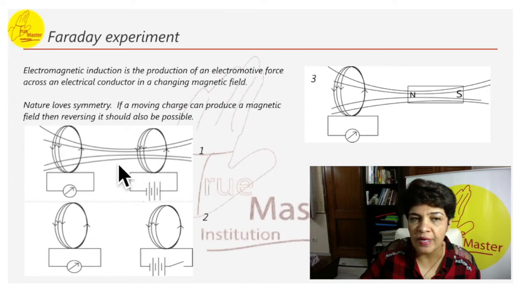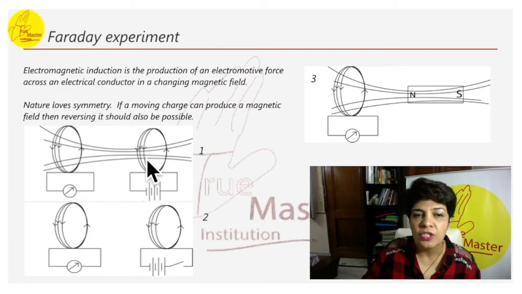So the change in the magnetic flux is causing this. As soon as the relative motion between the magnet and the coil ceases, the moment we stop it, the magnetic flux linked with the coil stops changing, and so the induced current through the coil becomes zero. So at that time there will be no deflection.